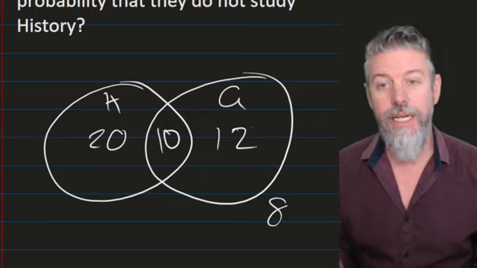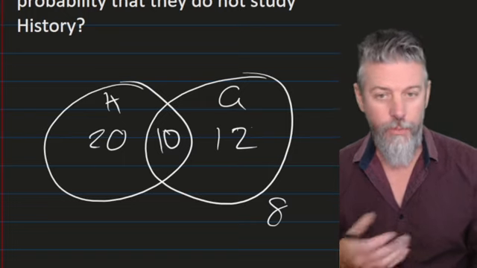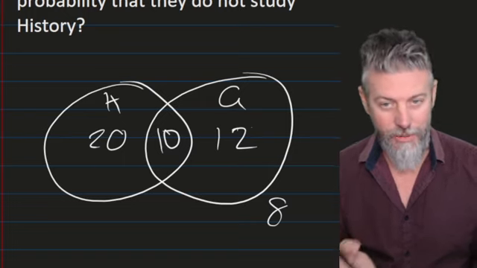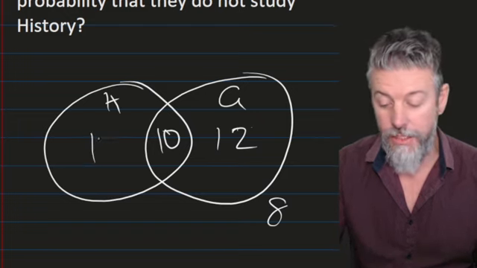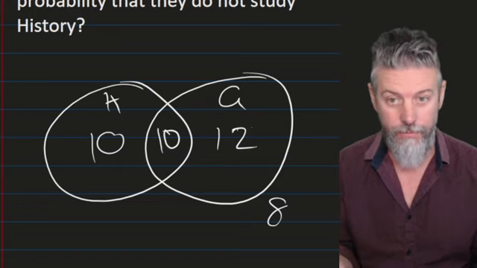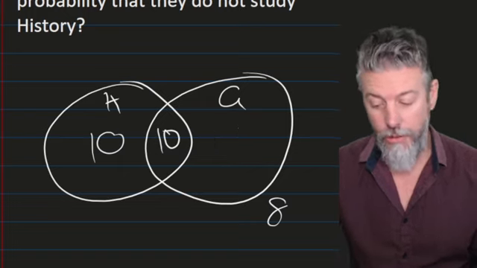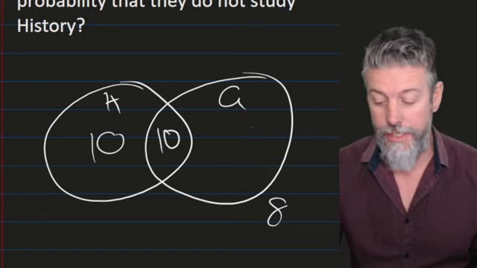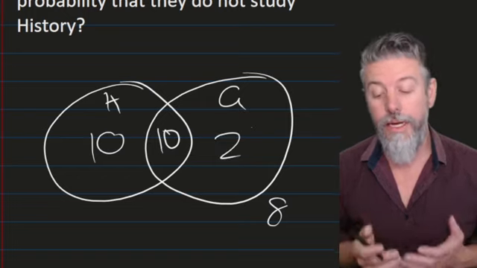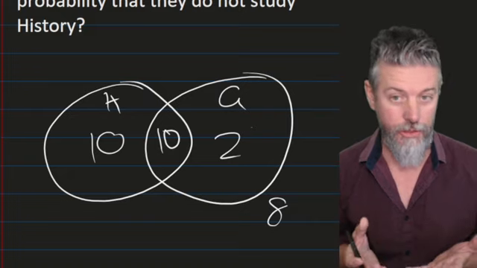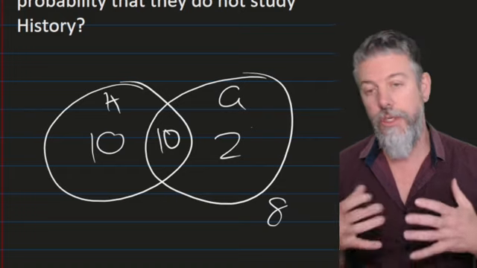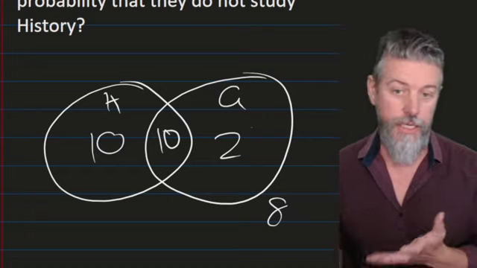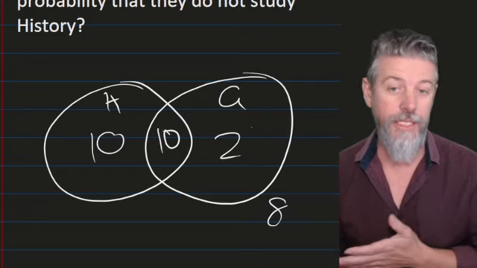So if we put these 10 students in the middle, now we've got a bigger problem. Now history is more than 20, so we need to remove 10 out of just studying history and have only 10 of them. And our geography is not 12 anymore, so we remove 10 and we have 2. Now in just the history section, there's 20 students. In just the geography section, there's 12 students. And so now if we add it all up, 10 plus 10 is 20, plus 2 is 22, plus 8